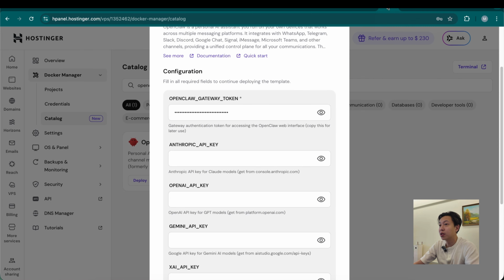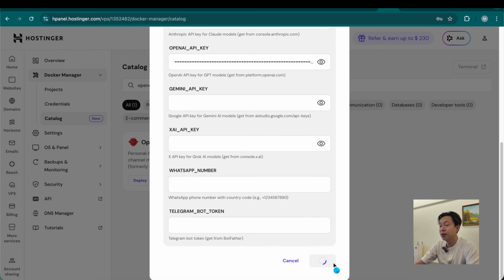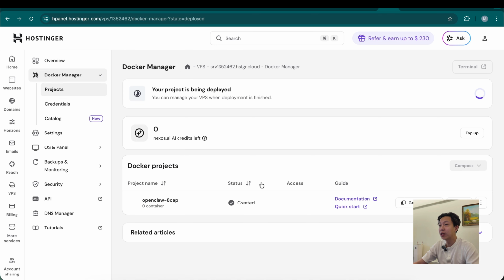And then you want to head back to your VPS hosting page and literally just copy that API key into the OpenAI API key field. Or if you're grabbing it from Anthropic, do the same over there and hit deploy. Right, so as the project is deployed, that's going to take maybe a couple of minutes, depending on how quick